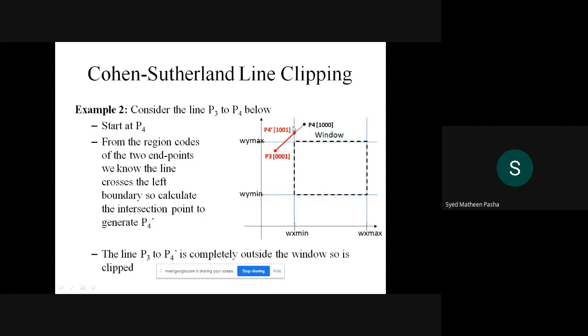If the students do concentrate here, as the line is not passing the window, as I told in the first case, the line should be passing the window where you will take the intersection part, right? Here you are not getting a window because the window is below. The line is coming towards the left of that particular window, so you should take the boundary of that window, extend that boundary, and check the intersection point. You can name that P4 dash. Then the line P3 to P4 dash is completely outside the window, so it is clipped.